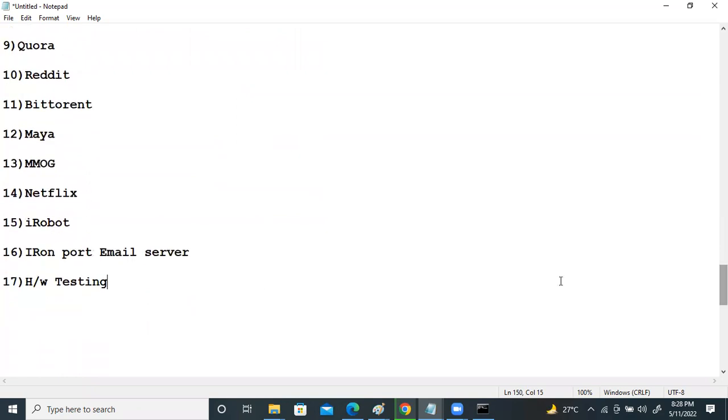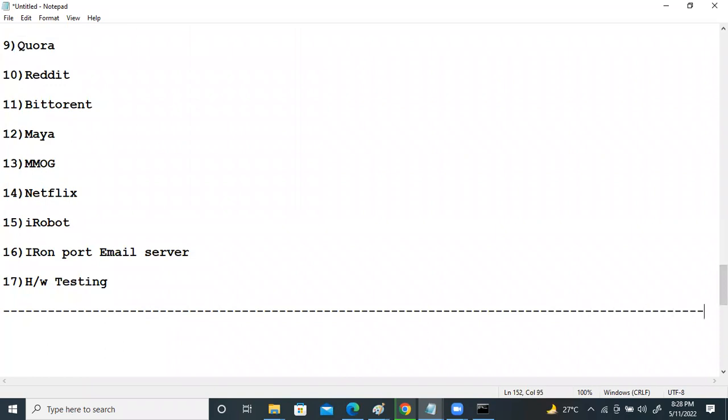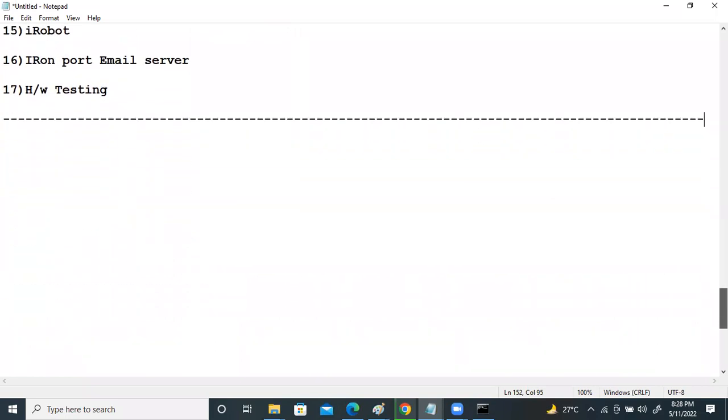The usage of Python today. Okay, I'll take some 15-20 minutes more. So just observe these things: Python comparison with other programming languages.